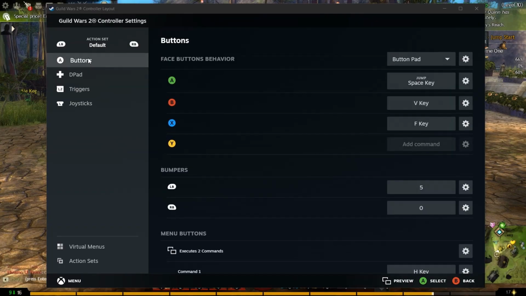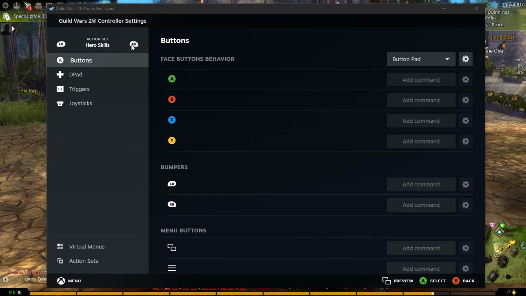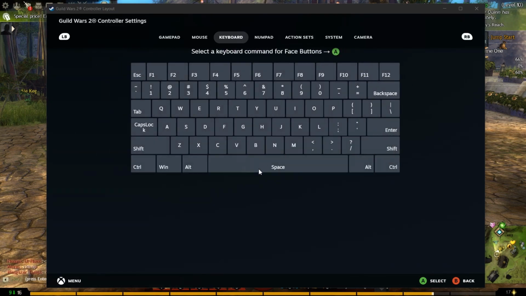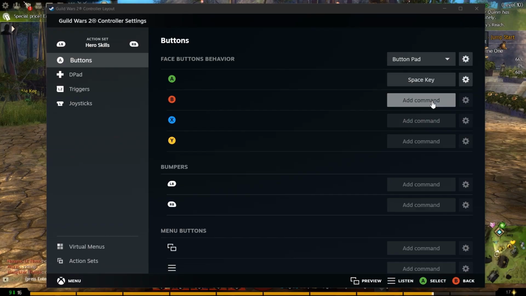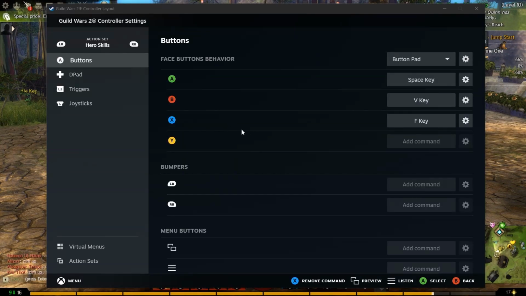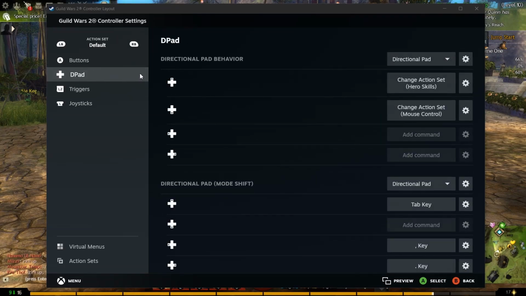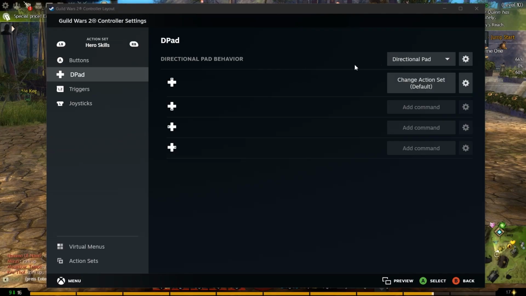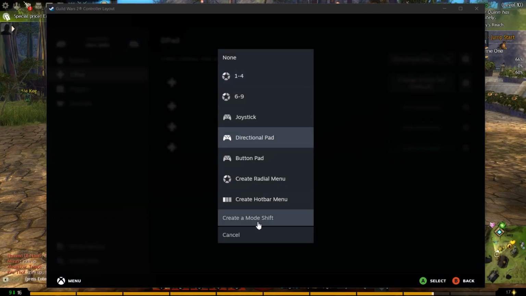And then while we're here, click on buttons. It's going to take us back to default. So we want to go back to hero skills. And then A, jump. B is dodge. X is interact. And then I'm going to go back to here. So we want to go back to hero skills again, and then we want to add in create